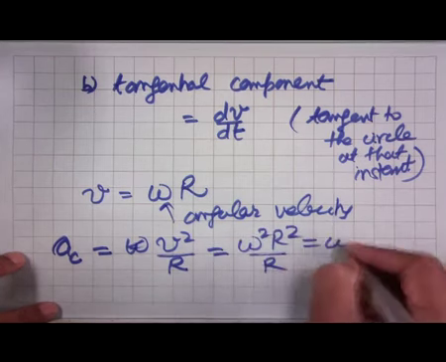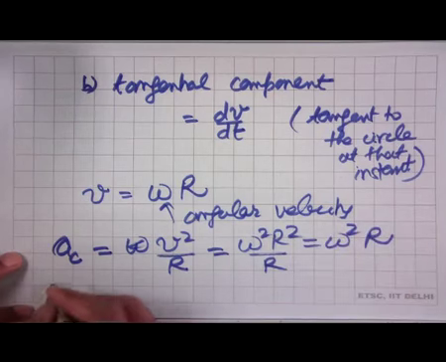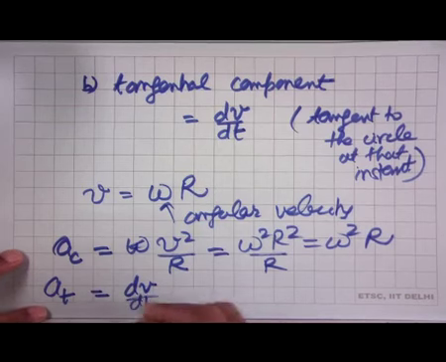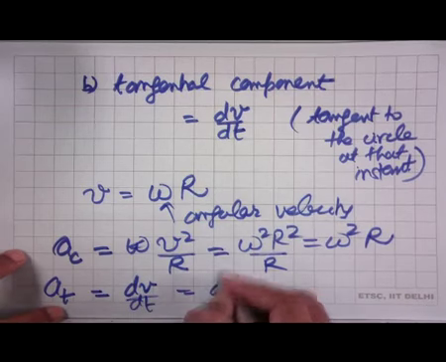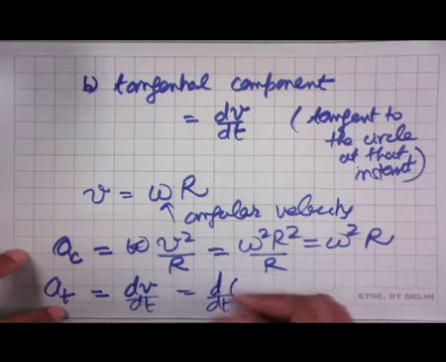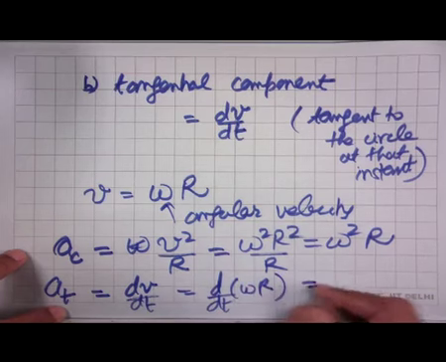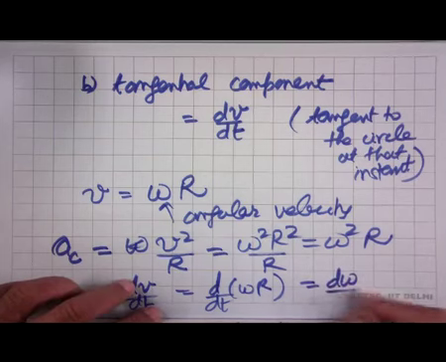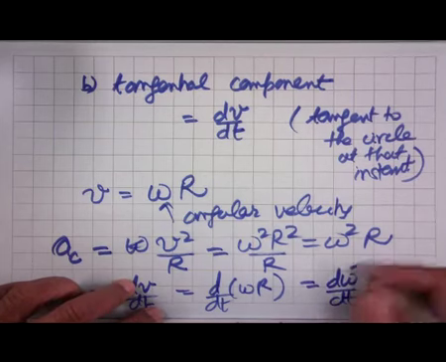So, this will be equal to omega square r, and the tangential component, this is dv by dt. So, this becomes equal to d by dt of omega times r. R is a constant. So, therefore, this becomes equal to d omega by dt times r,